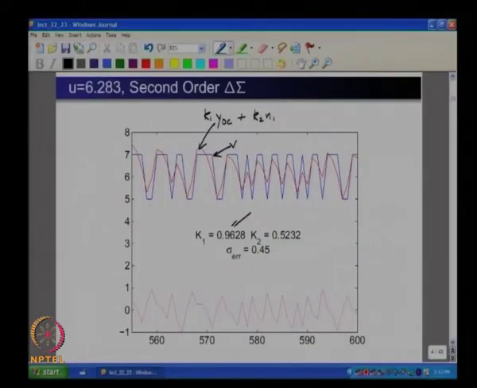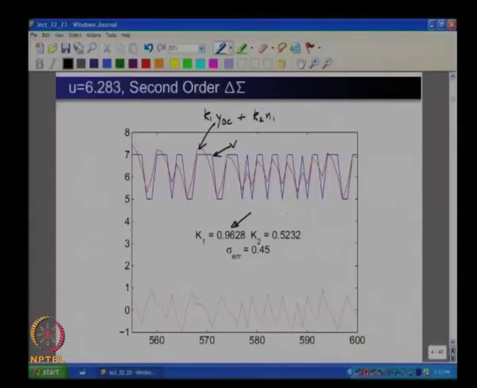The gain for the signal is close to 1. This is again not too surprising, because as far as the input signal is concerned, it is still within the linear range of the quantizer. However, the gain for the noise is now significantly lower. What was close to 1 has now dropped to 0.5. So this is the noise gain,